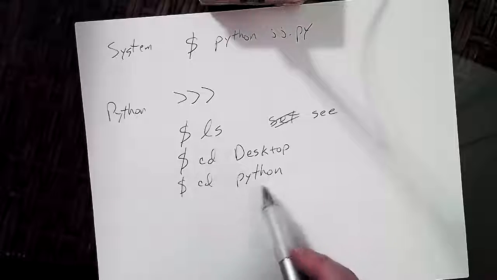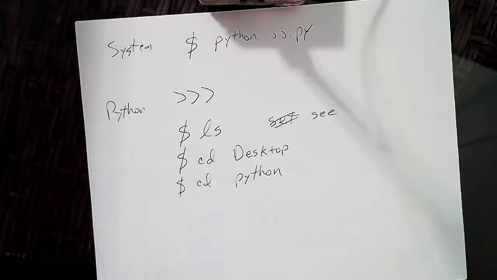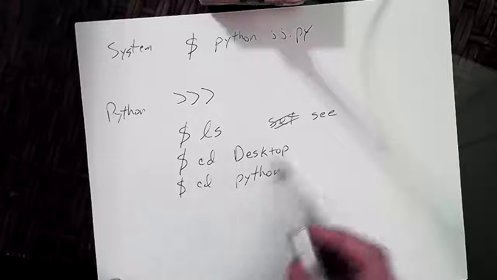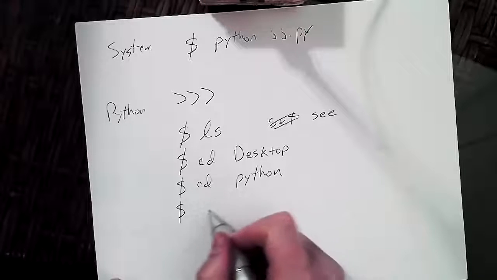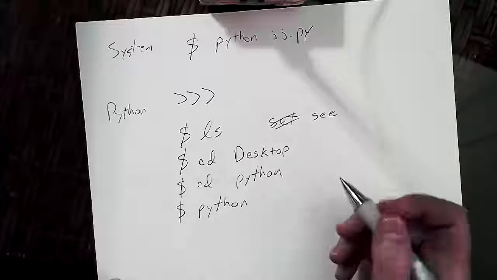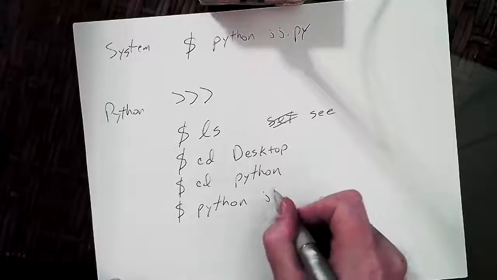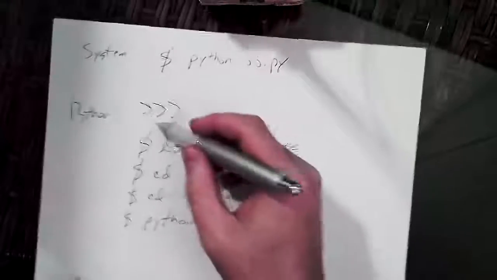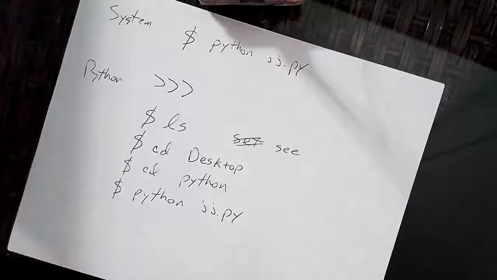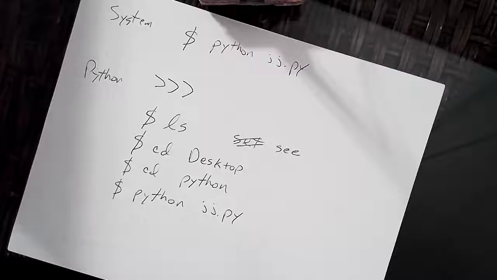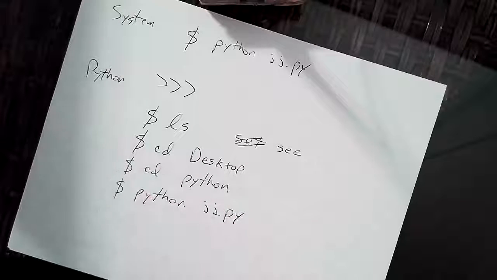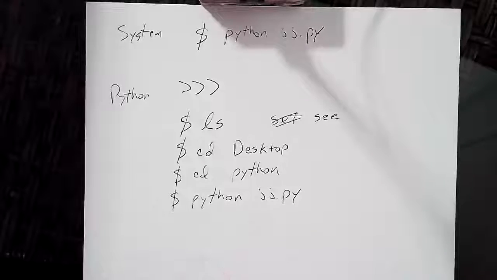That's just something you've got to get used to. Yeah. I did send you this piece of paper with these steps on it, I think, the last time. Yeah. But I'll write it down again one more time. $ sign, ls, cd desktop, cd Python, and then python and whatever the name is, jj.py. The $ signs are not what you type in. That's just so you know where to type it. The $ signs represent the prompt. See how it says all that stuff, but it ends in a $ sign? That's there to let you know where you are and who you're talking to.